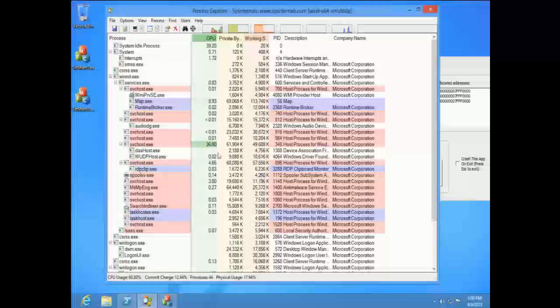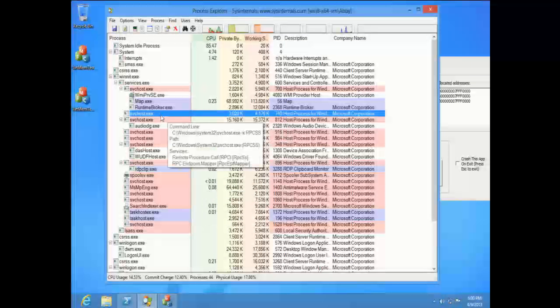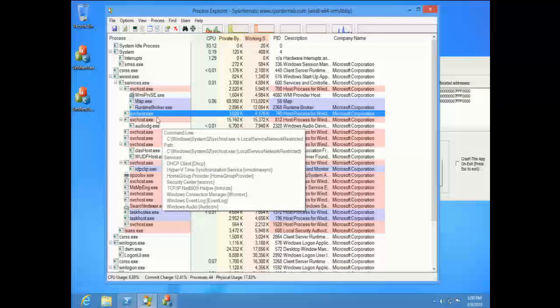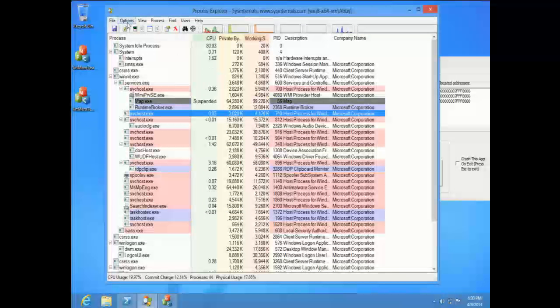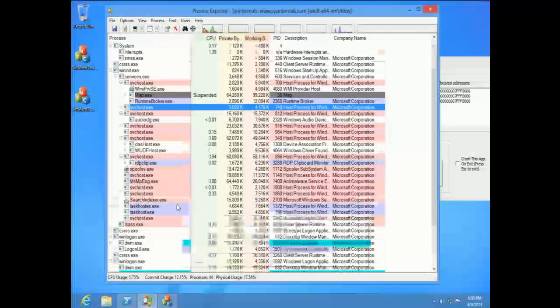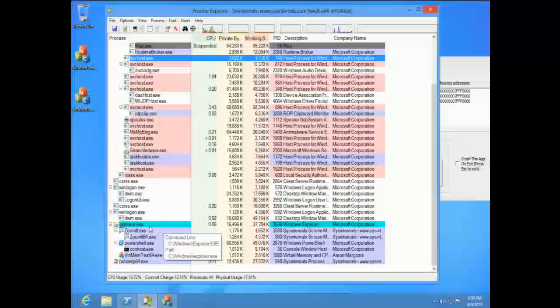And come back over here, and it's not showing as immersive for some reason. But it did go suspended. Okay. Explorer is showing as immersive. Immersive means the new modern WinRT application. So it's supposed to show as this blue color. I have to try this one more time.